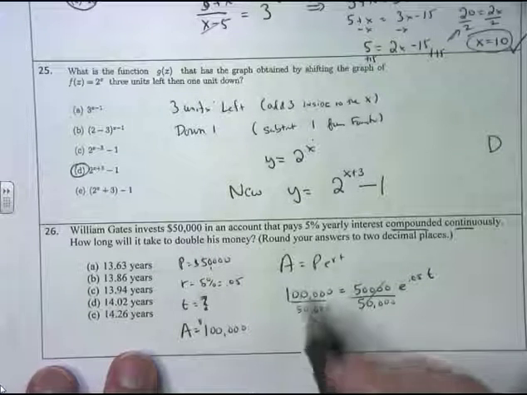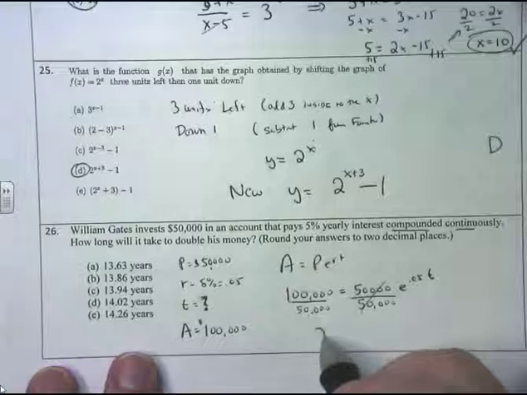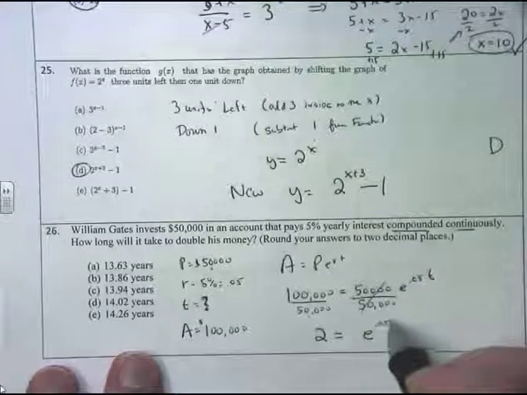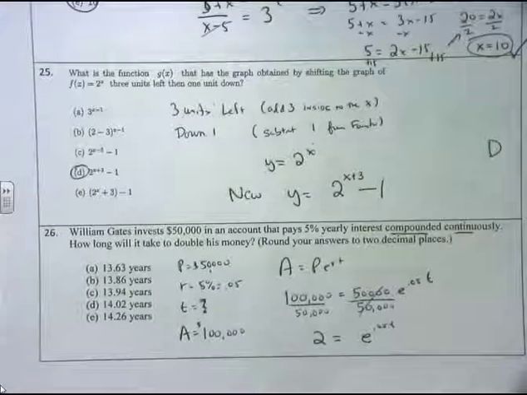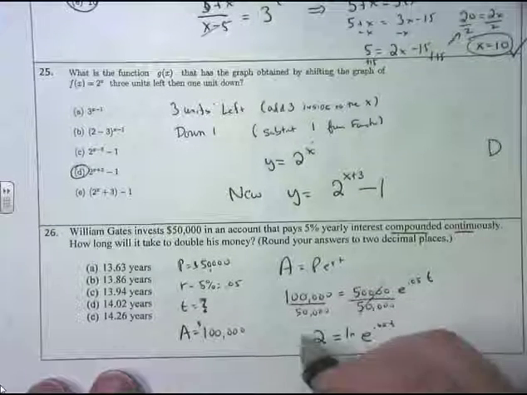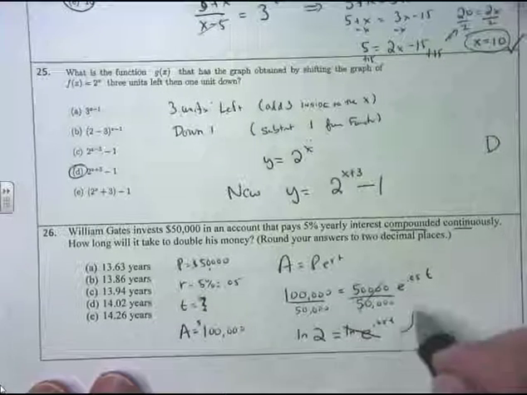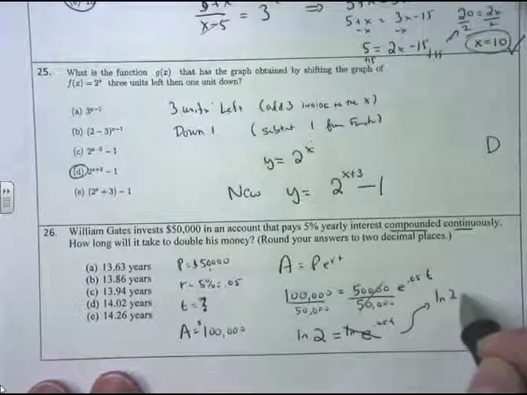So 100,000 divided by 50,000, well, that's easy. That's just 2, doubling thing here, equals e to the 0.05t. Now I've got the e by himself. I'm going to take the natural log of both sides, and the natural log and e's cancel. That's going to leave you with the natural log of 2 is equal to